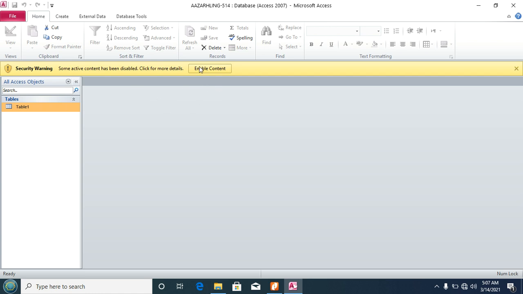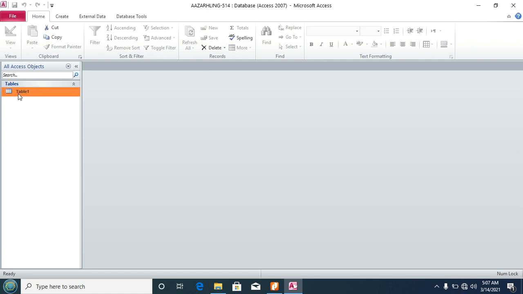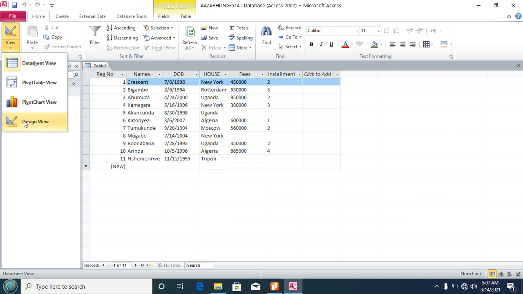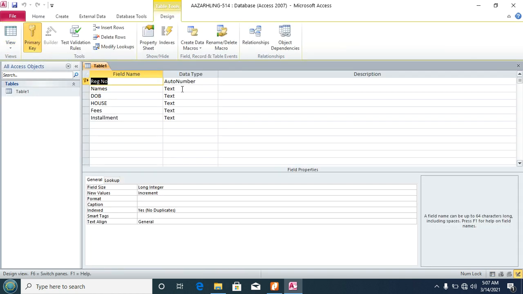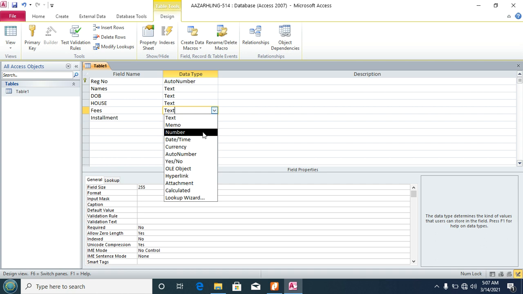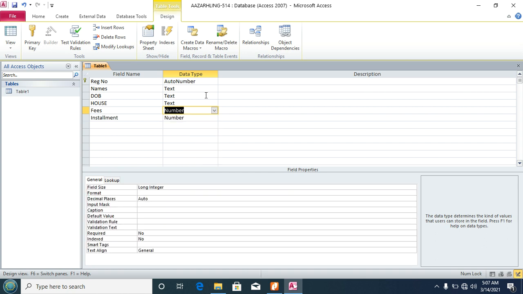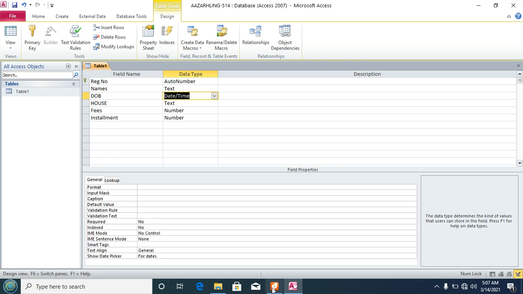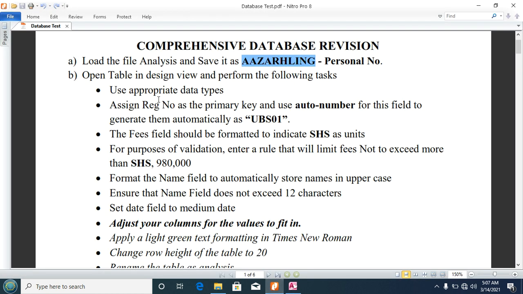It is always advisable to enable content. Now open your table. Once it has opened, click View, Design View. From here, we are going to assign data types: installment, number; fees, number; date of birth, date/time; then the rest. They are saying assign reg number as the primary key and use auto number for this field